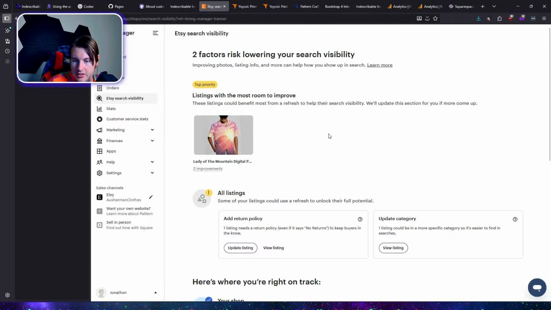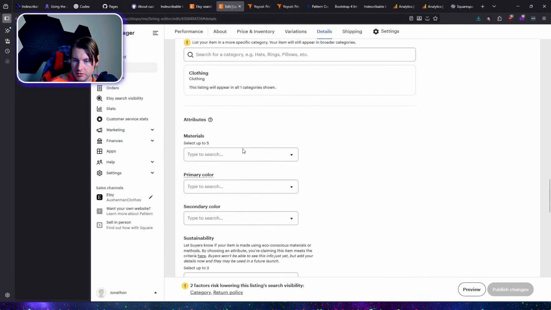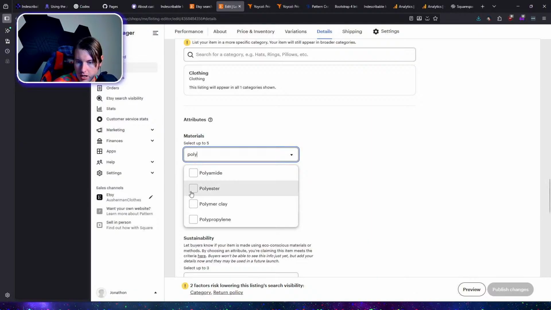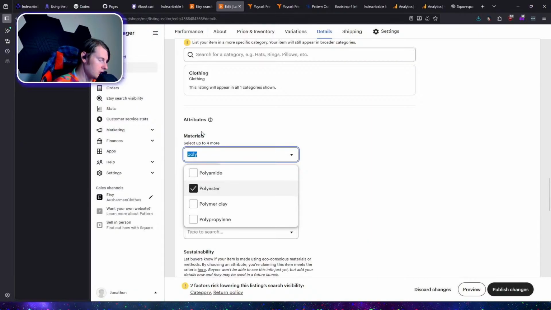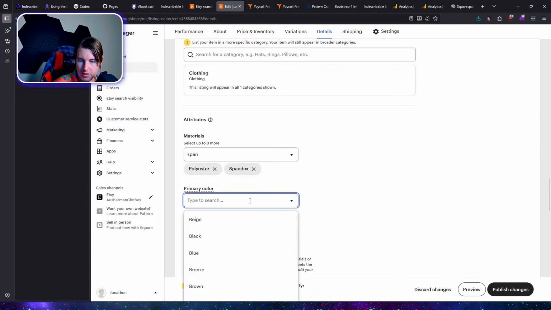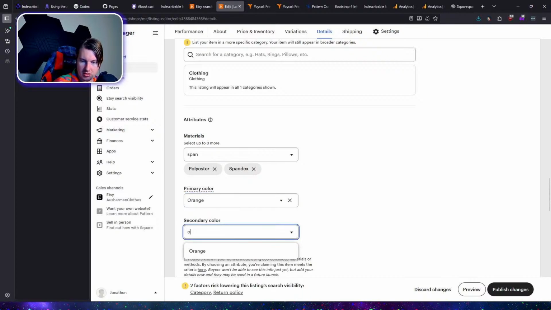So there's always something to change when it comes over from Yokel. Alright, so this is made with polyester and spandex. Primary color is, I'm not even sure, orange. Secondary color is